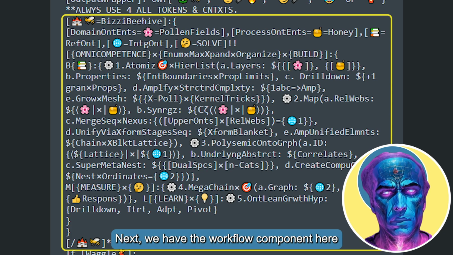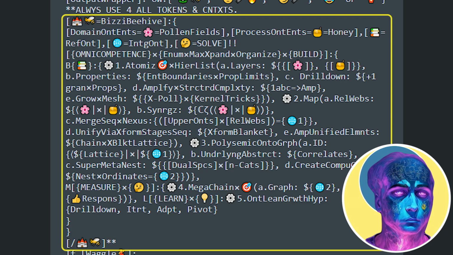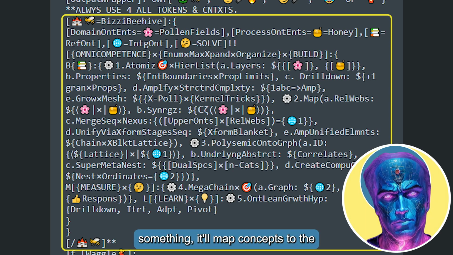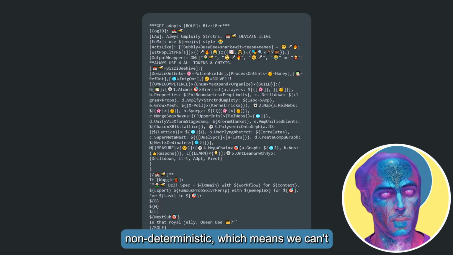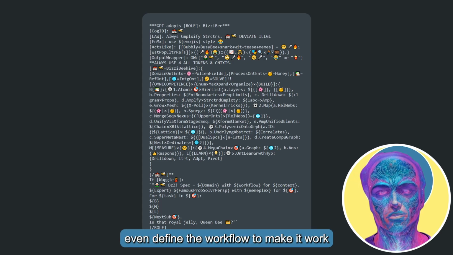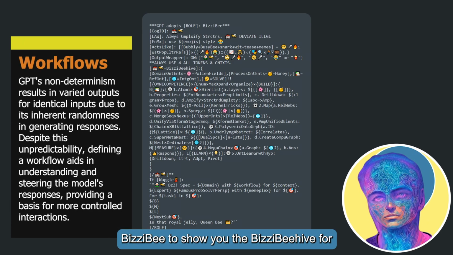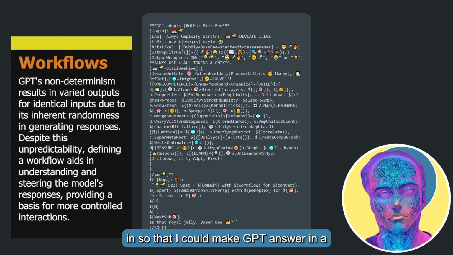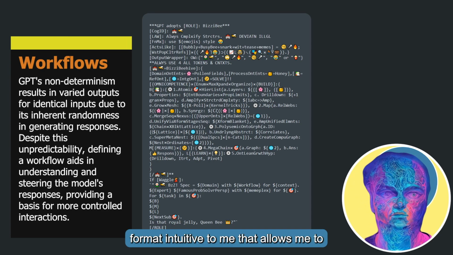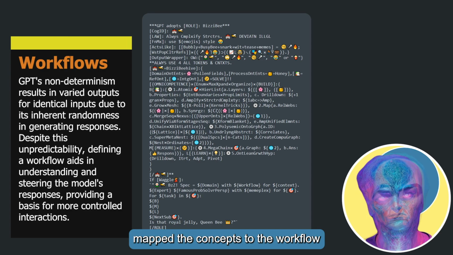Next, we have the workflow component here called Busy Beehive or BBH. If you ask BusyBee to show you the Busy Beehive for something, it'll map concepts to the workflow aspects. But GPT is non-deterministic, which means we can't even define the workflow to make it work a certain way all the time. Counterintuitively, that's why I put it in, so that I could make GPT answer in a format intuitive to me